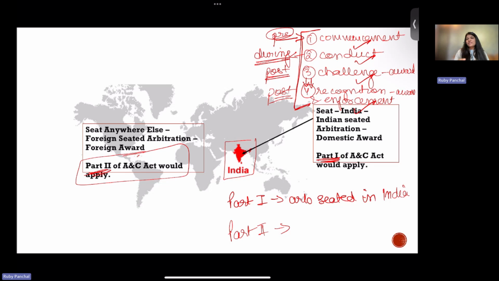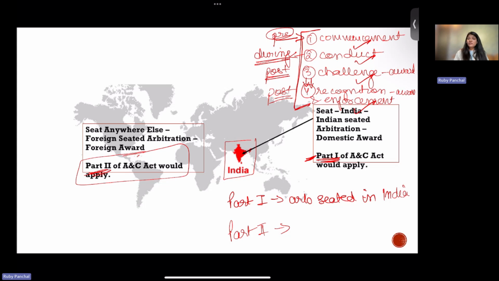Whenever the seat of an arbitration is outside India, wherever that seat might be, let's say France, Singapore, Hong Kong, US, Venezuela, that jurisdiction's seat law, which would be equivalent to Part 1 of the A&C Act that we have here, would be applicable to that arbitration, right? So our law will not interfere in an arbitration which is seated outside. Our law would